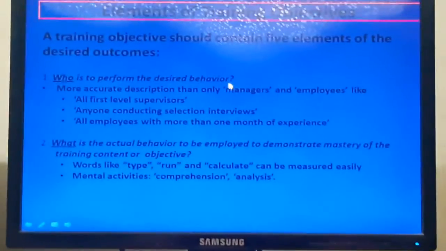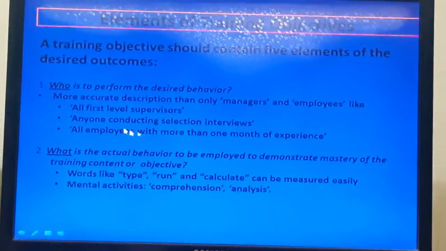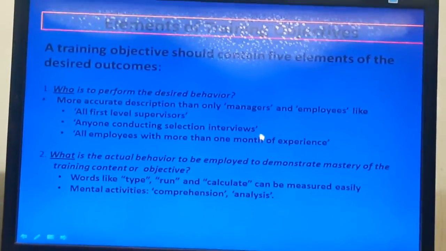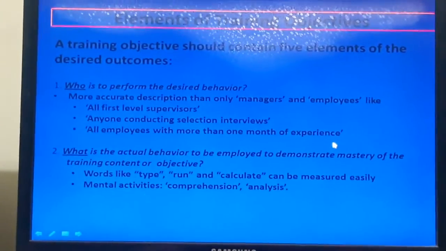There are 5 elements of training objectives. The elements are: first, who is to perform the desired behavior? All first level supervisors, anyone conducting selection interviews, or all employees with more than 1 month of experience.